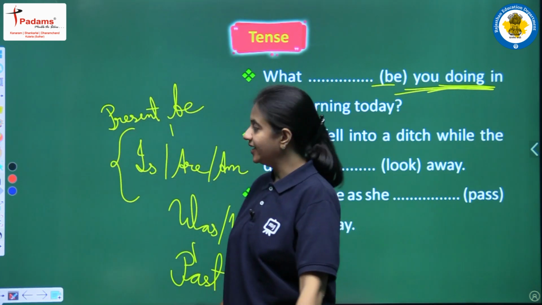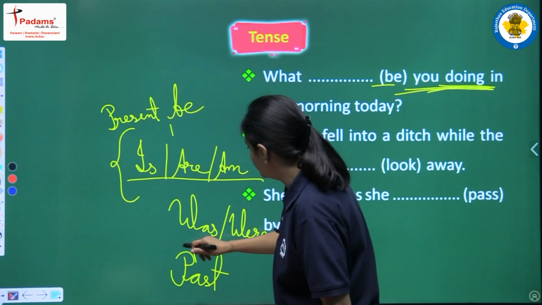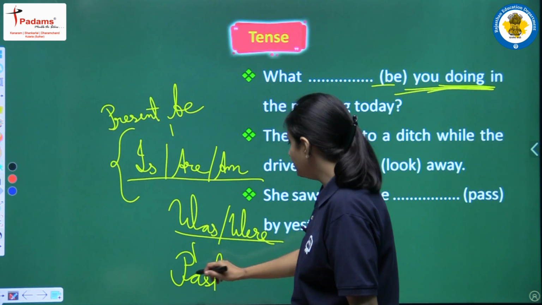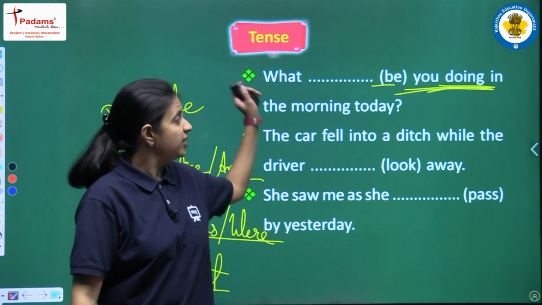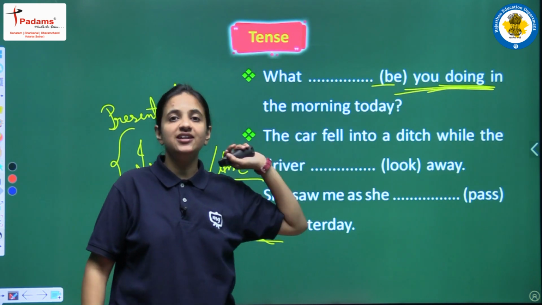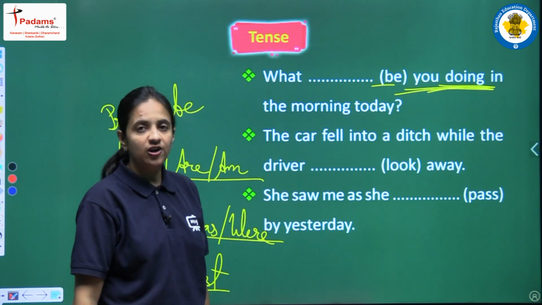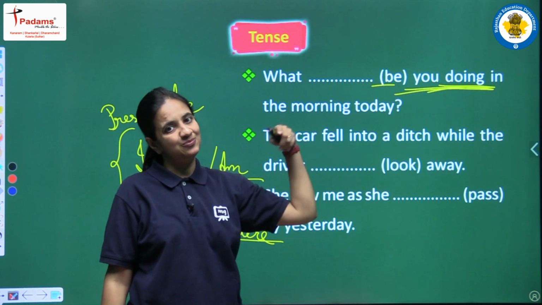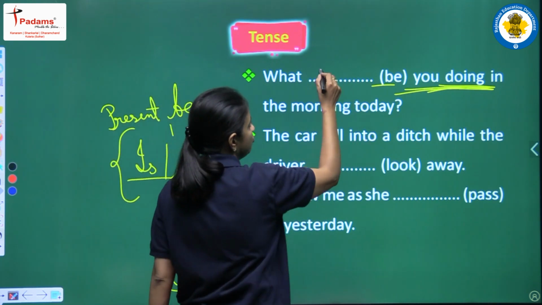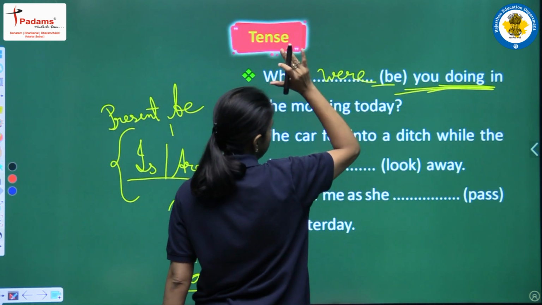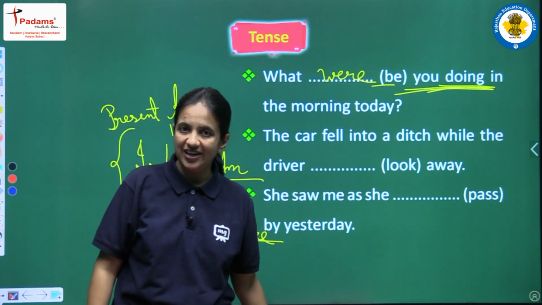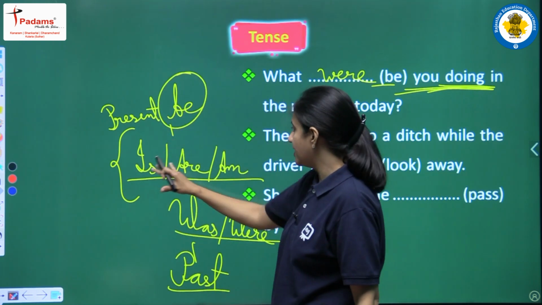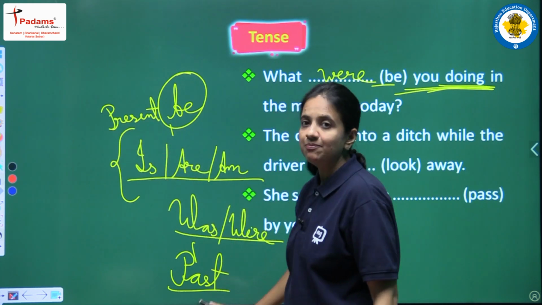Okay, so जो be word है, be includes 5 verbs, is, are, am, was, were. Is, are, am when we are talking about present form, and was, were when we are talking about past form. So here we are having be in the bracket, so we have to write the correct helping verb according to be. So we all know that in past tense be means was and were, and we are having you as the subject, you is a plural subject. So for you, what we will write? We will write were. So the sentence will be what were you doing in the morning today? Okay, so yes, learn this thing also. Be is a helping verb, and this is having 5 forms, is, are, am in the present form, and was, were in the past form.